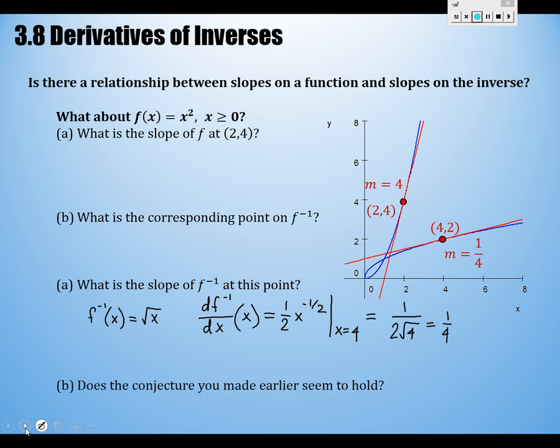So again, let me ask you to make another conjecture, to ask what you wonder. The conjecture you made on the last slide, does it seem to work here too? I remember Josh saying just 2 minutes ago that his conjecture was that they're reciprocals. They have reciprocal slopes. That seems to be the case still here, doesn't it? So,